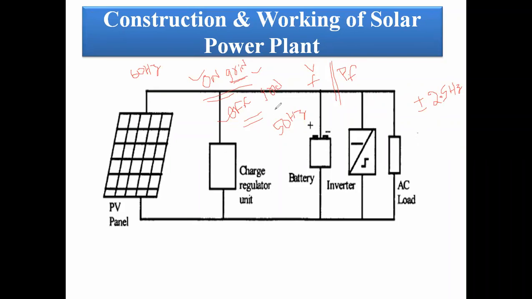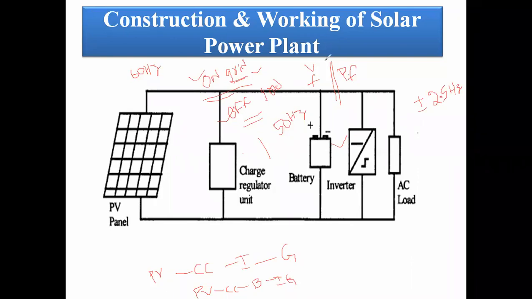But in the off-grid mechanism, we place the battery. At the outlet of the battery we place an inverter and connect it to the grid, or we can utilize it for the load. In the on-grid mechanism, there is the PV panel, and after the PV panel we place a charge controller. After the charge controller, an inverter converts DC to AC and feeds it into the grid. In the off-grid mechanism, there is the PV panel, charge controller, battery, inverter, and then the grid.